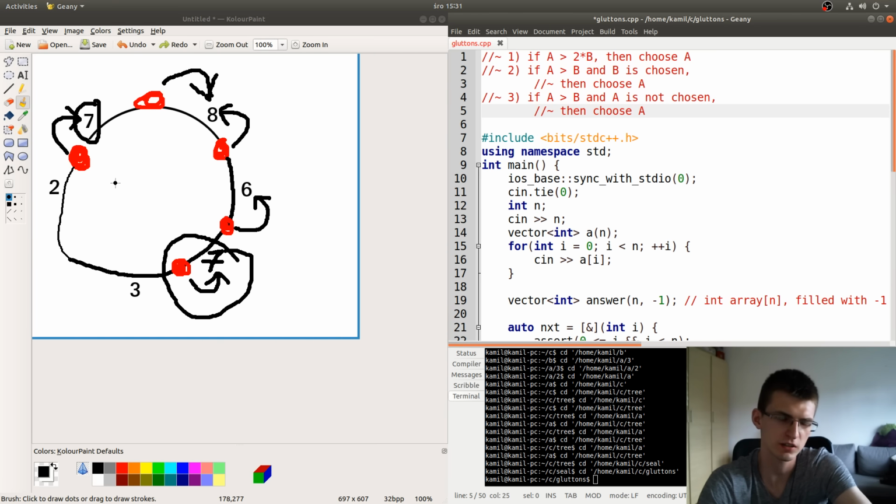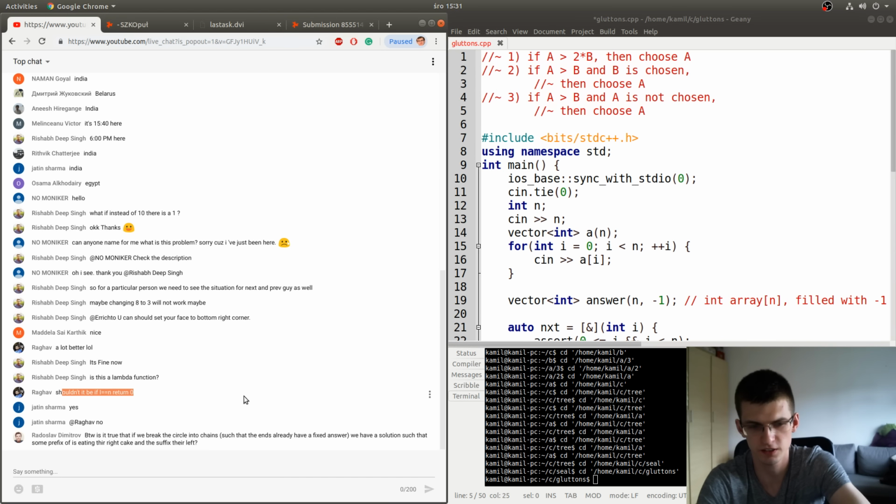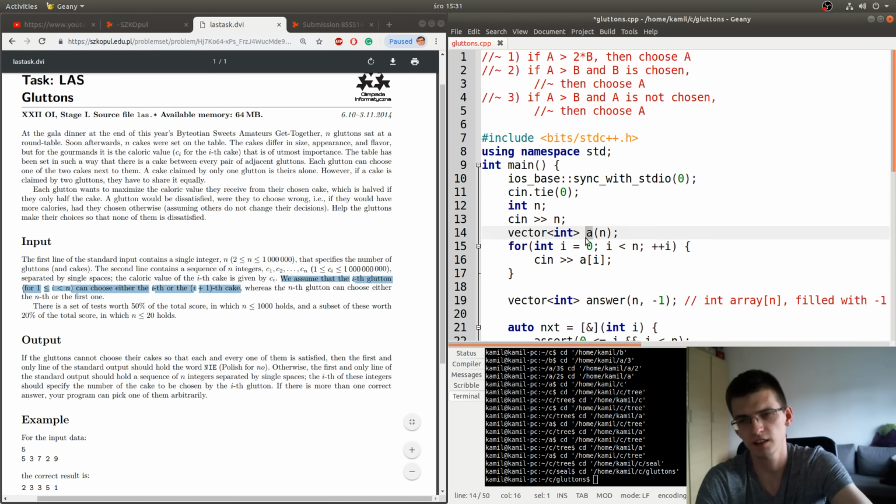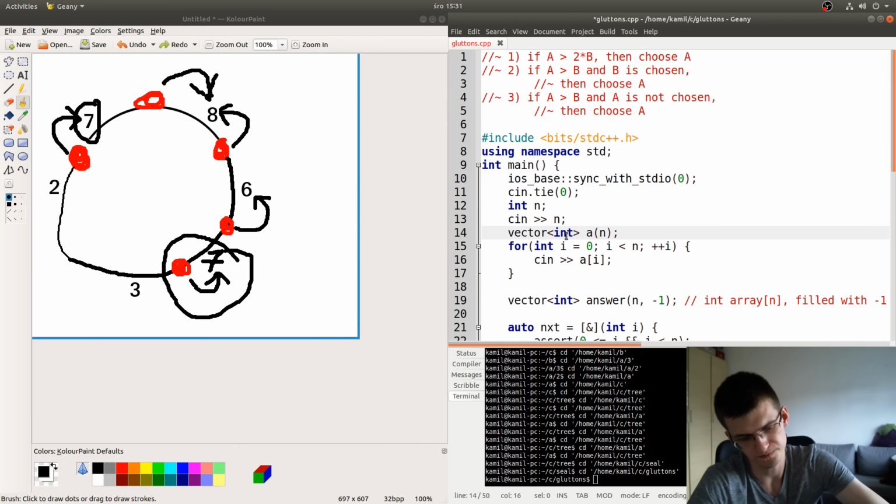I more and more lean towards trying the improving greedily approach, so choosing something and then trying to improve that, fix that. But I don't see why it would work efficiently. By the way, is it true that if we break the circle into chains, such that the ends already have a fixed answer, we have a solution such that some prefix of this is eating right cake and suffix there left? Yeah, an idea like that could be true,